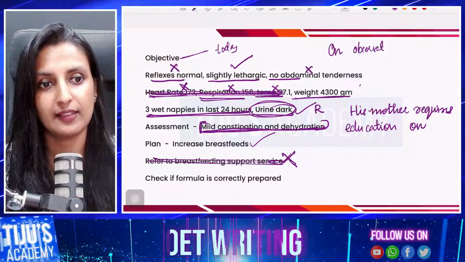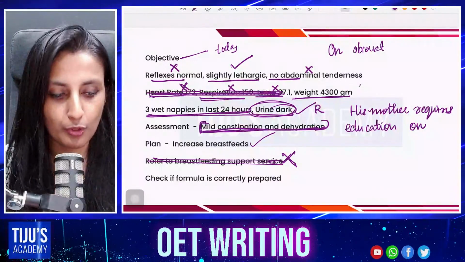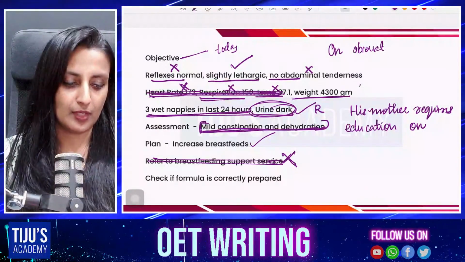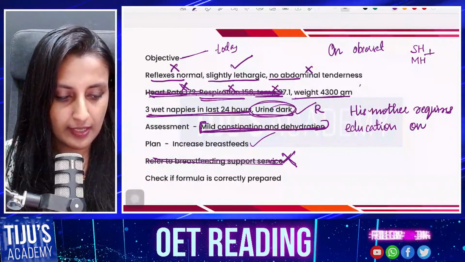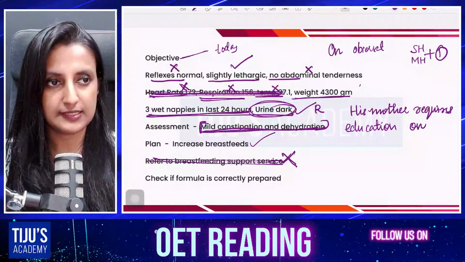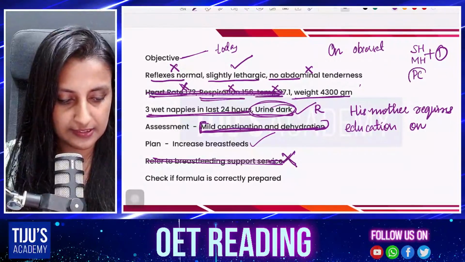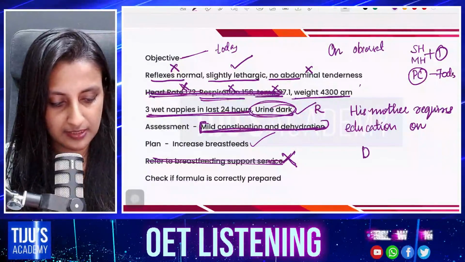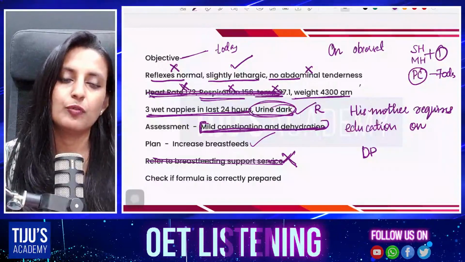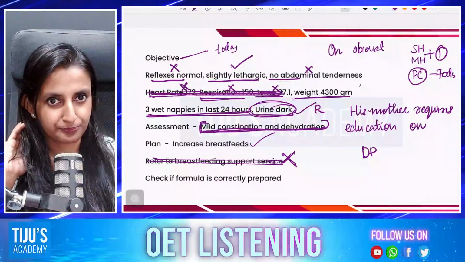Now we will move on to the discharge plan. So we have done the social history, then the medical history as single paragraph. In the second paragraph, we write the present situation, today's content. And in the last paragraph, that is the discharge plan. So go for the discharge plan one by one.